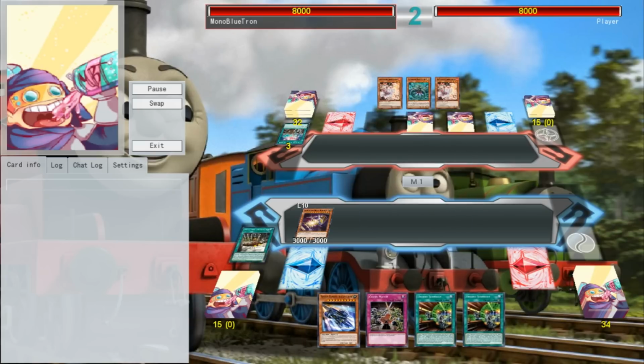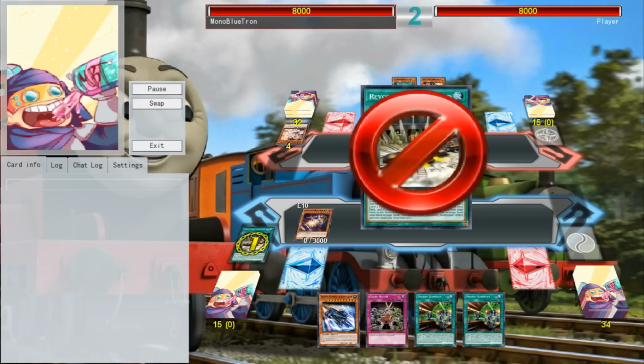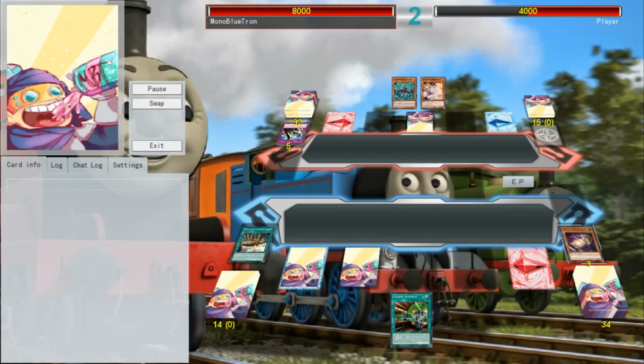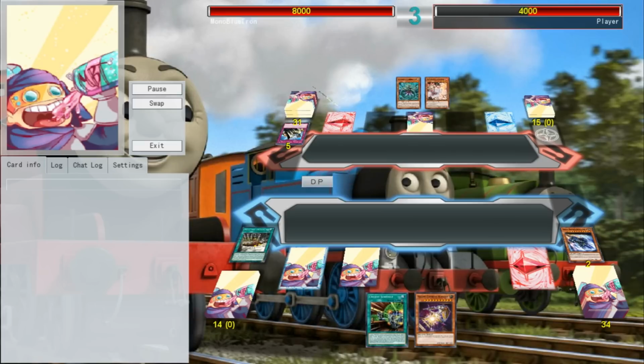We're going to start by normal summoning a Knight Express Knight under Revolving Switchyard. They will activate the effect of Ash Blossom, negating our Revolving Switchyard, forcing us to go into Speedy Express, Bolt Liner, and Dora, and there's Solemn Judgment. We'll set 2 cards and pass back to our opponent, getting this copy of Knight Express Knight back in the